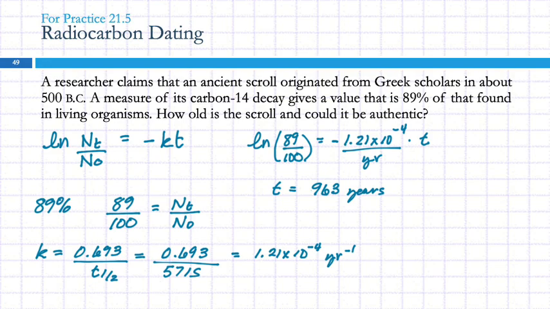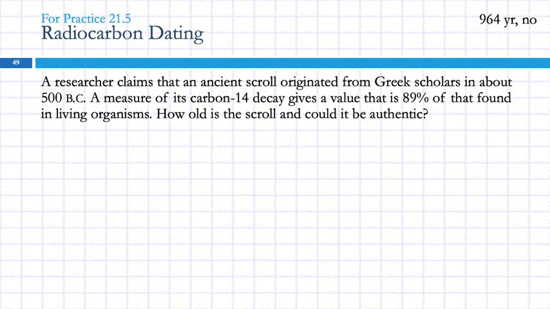Radiocarbon dating is really, really hard to fudge, right? Because if you're trying to do something with scrolls, you basically have to find some paper or papyrus that actually is that old. Otherwise, the radiocarbon dating will show you up right away. Not that I'm telling you how to forge ancient things, but.